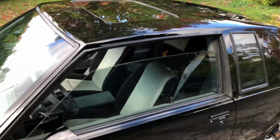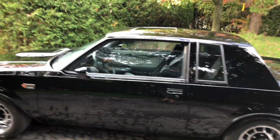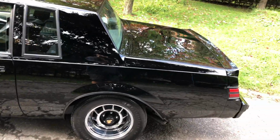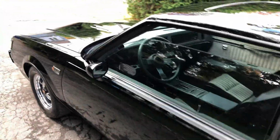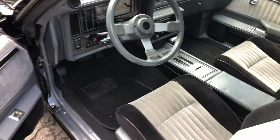And the interior of the car, we kept the original interior of the car because it only had 69,000 kilometers and it was in immaculate shape. So we kept all the original interior. As you can see,